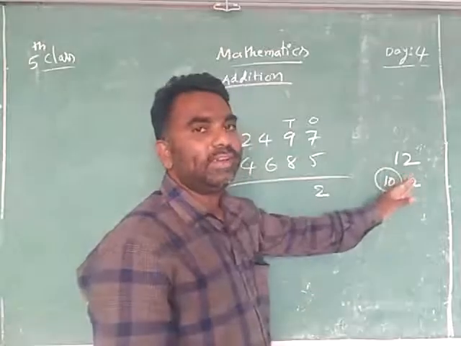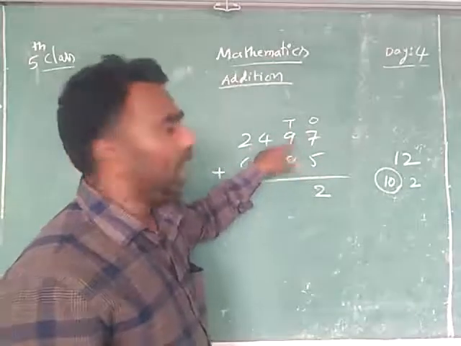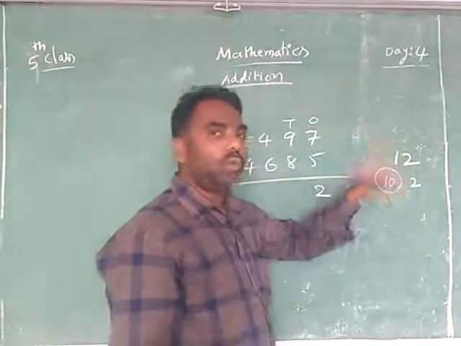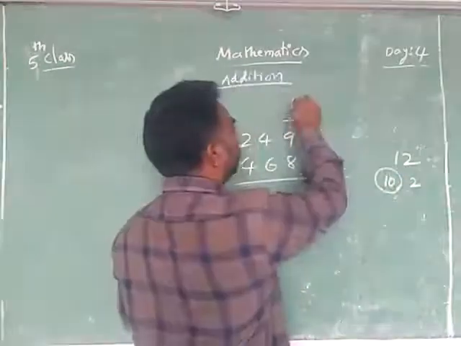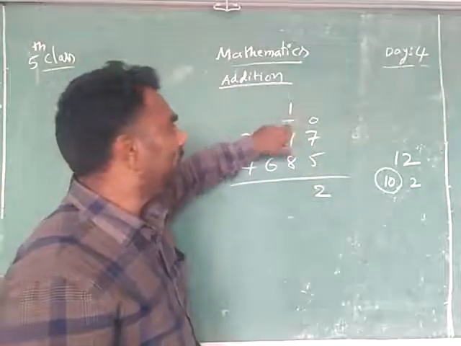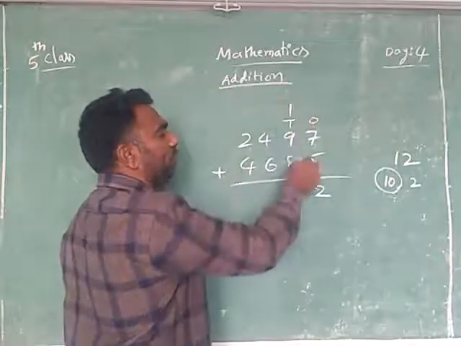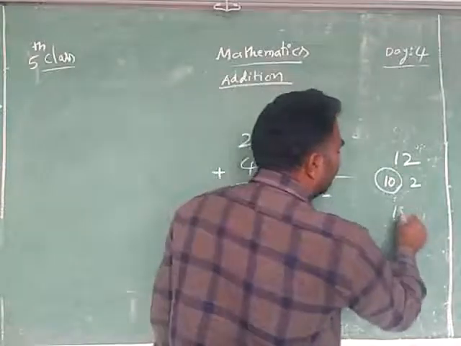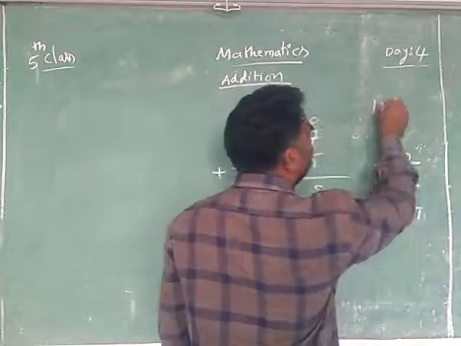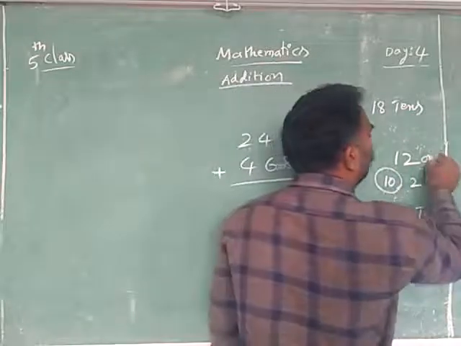Where do we have to set this 10? In the tens line. This is the tens line. Already how many tens are there here? 5 tens, 8 tens. And how many tens did you get here? 1 ten. You are not writing 10, since this is already the tens place. Now when you add 9 plus 1, 10 plus 8, 18. Actually it is 18 tens, because you added tens here. Before that you got 12 ones.